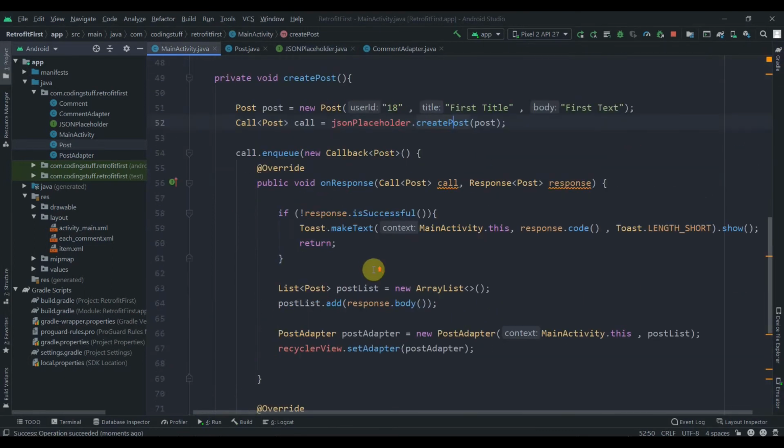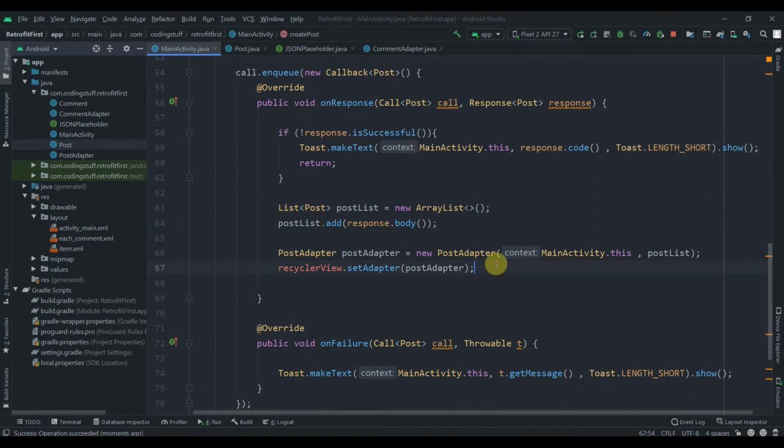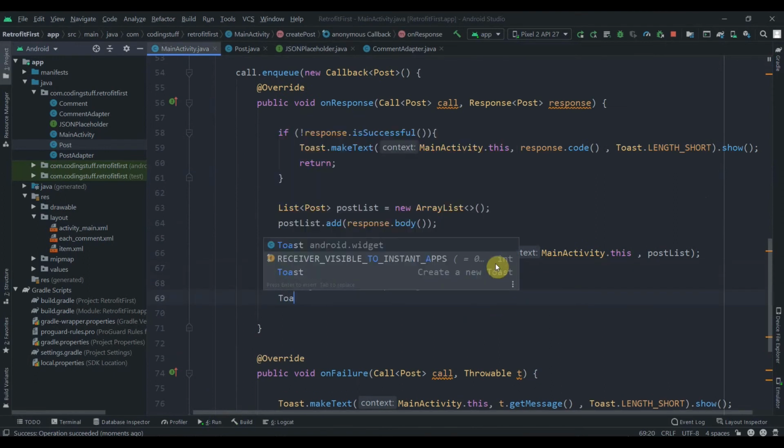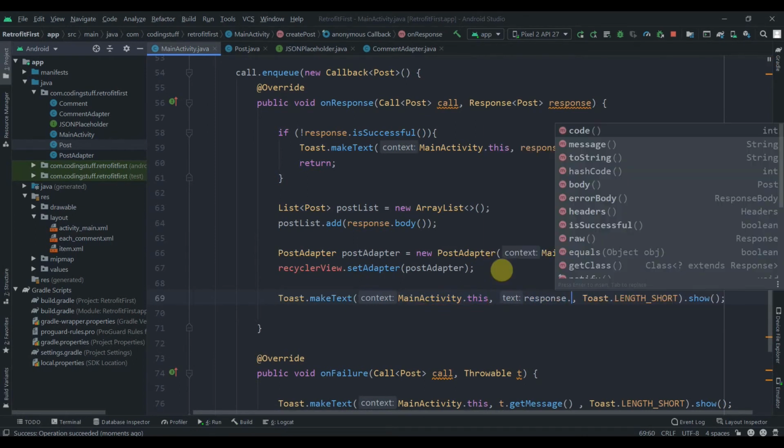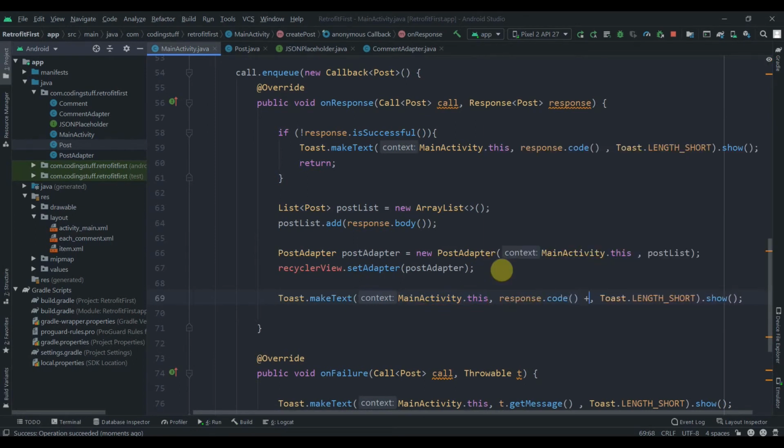Again, we can display one toast here of the response. So toast response dot code, and we'll concatenate it with the response. Then I'll hit the run button.